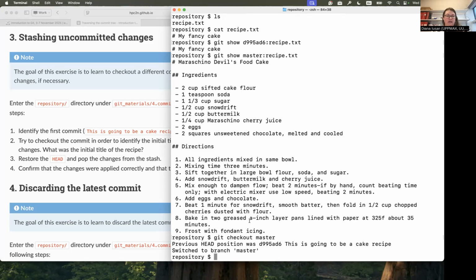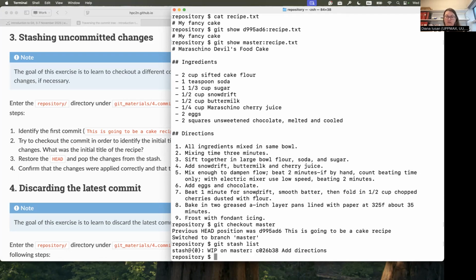And I can now pop the changes that I have stashed. So again, remember, I can see what I have stashed away. I have one stash there, so I can do git stash pop and the reference for this stash. If I only have one, or if I want to use the latest one, then I don't need to give